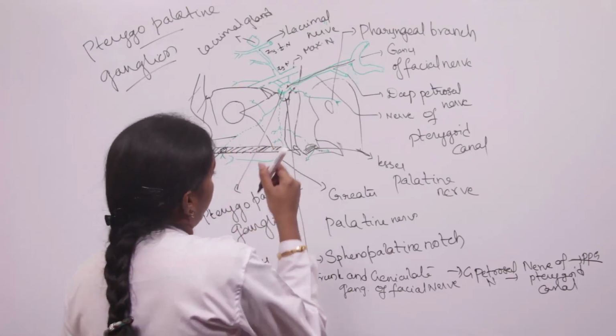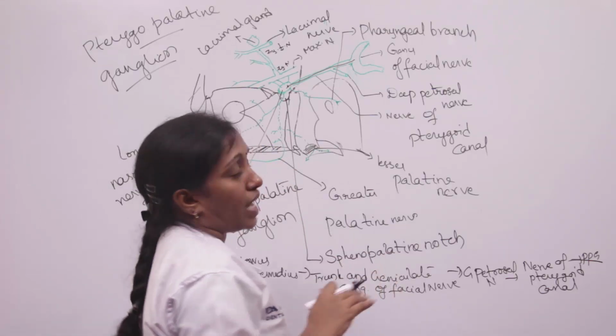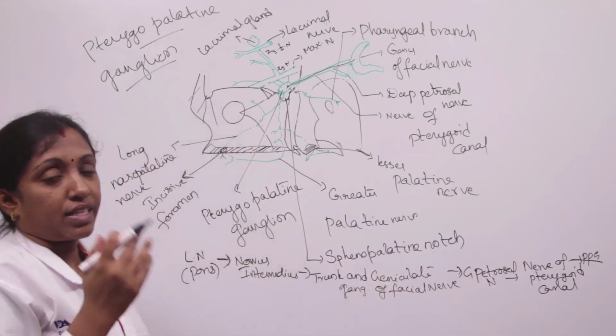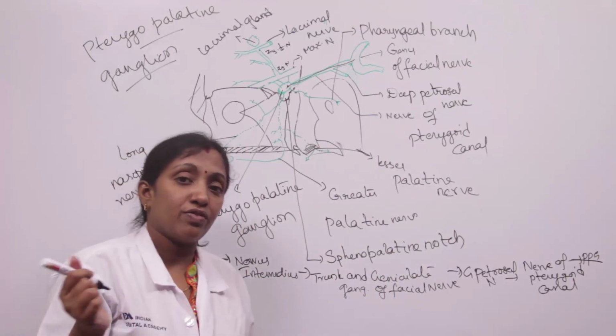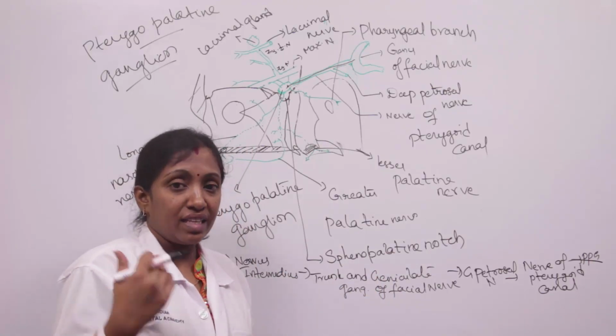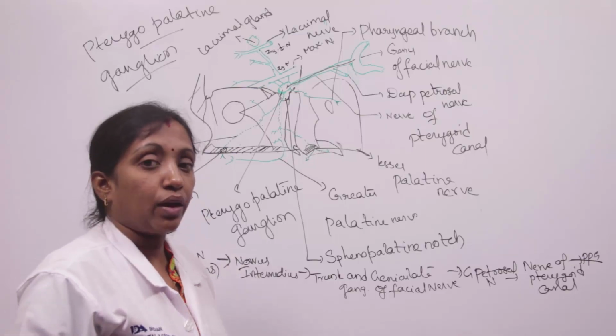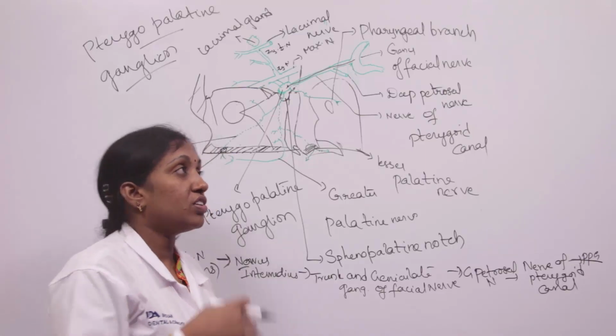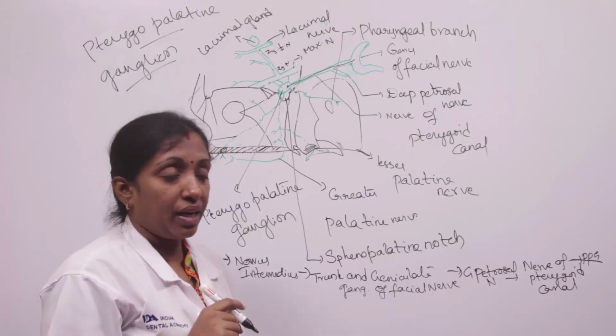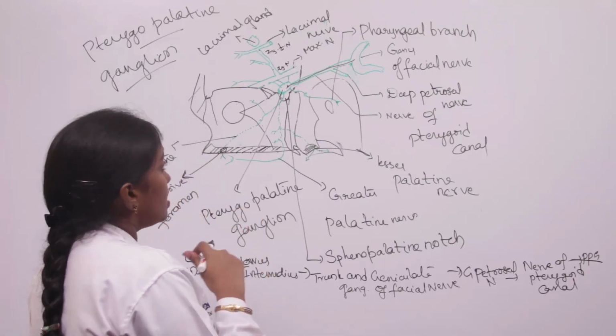So the postganglionic fibers pass through the maxillary nerve and the zygomaticotemporal nerve, and the zygomaticotemporal nerve gives an ascending branch which joins with the lacrimal nerve, and this lacrimal nerve supplies the lacrimal gland. The postganglionic parasympathetic fibers reach the lacrimal gland through the lacrimal nerve. Okay, and coming to the sympathetic